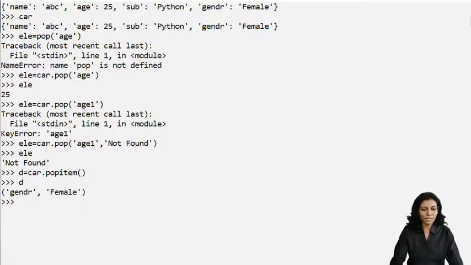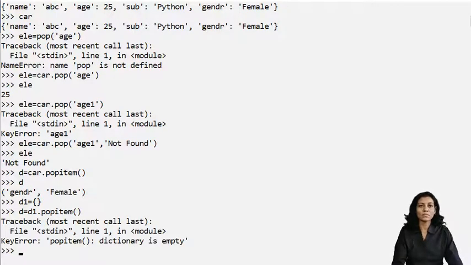But if my dictionary is empty, suppose D1 is an empty dictionary, and now if I use D is equal to D1 dot popitem, that means I want to pop an item from the empty dictionary, it is going to give me an error. So yes, it is giving me a traceback error. So this is how popitem can be used.